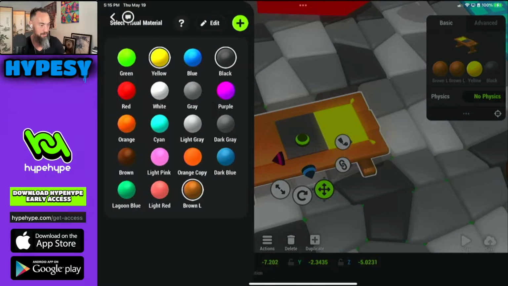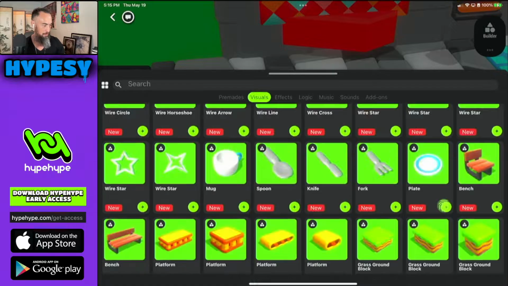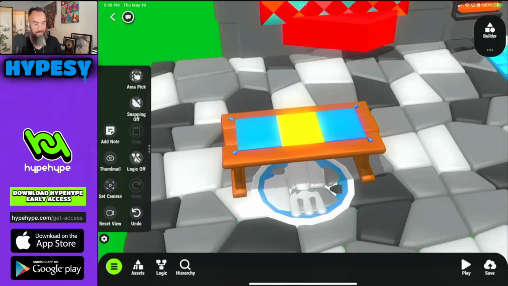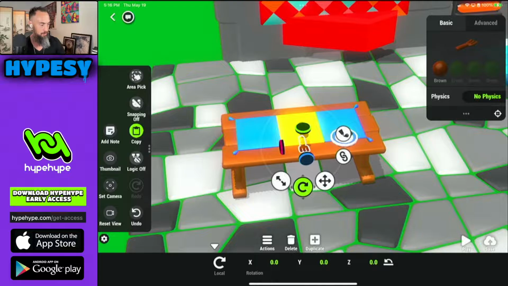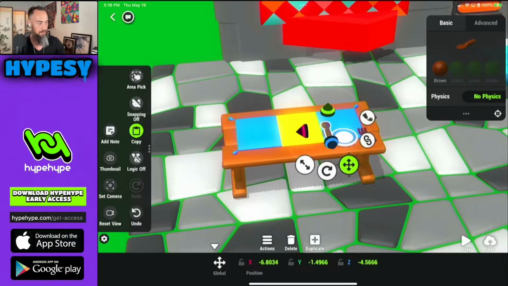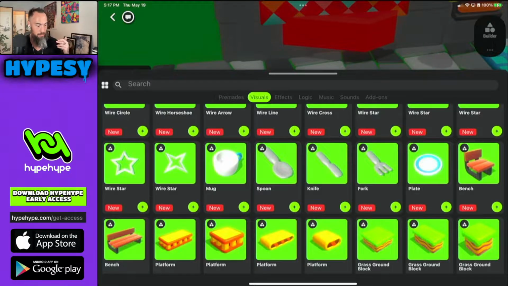More color options. Okay, if we wanted to plate fork, it does kind of bug me that I always have to tap the click to get to this asset menu again, but that's okay. These are going to be wooden spoons. Tap the sphere to rotate it 90 degrees. Cool. We got some platforms.